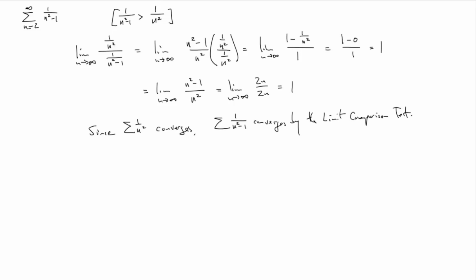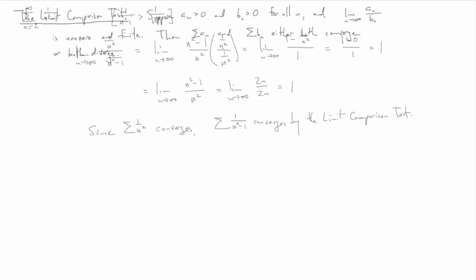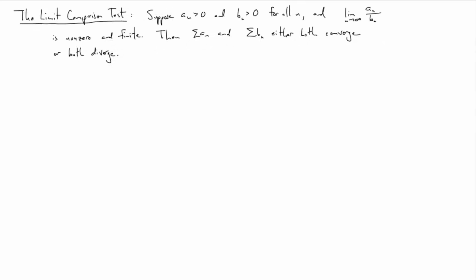We say, since we know that the sum of 1 over n squared converges, and you can refer to the p-test here, this is a p-series with p equals 2, we know that the sum of 1 over n squared minus 1 converges by the limit comparison test. Okay, returning to our statement of the limit comparison test, let's see if we can come up with a quick